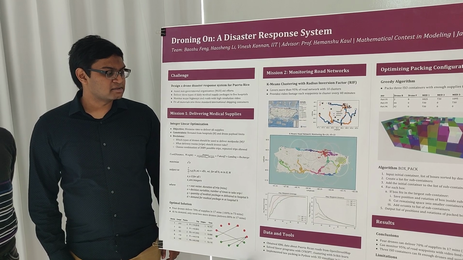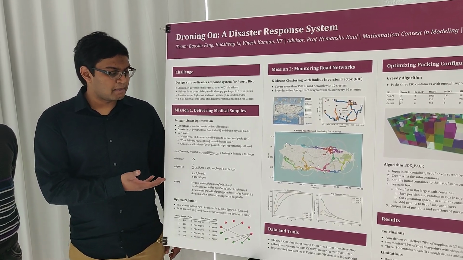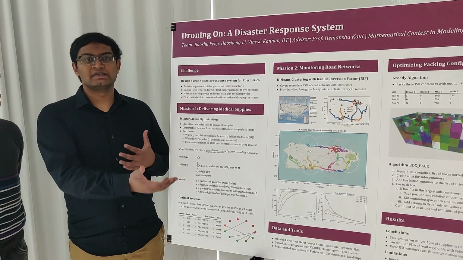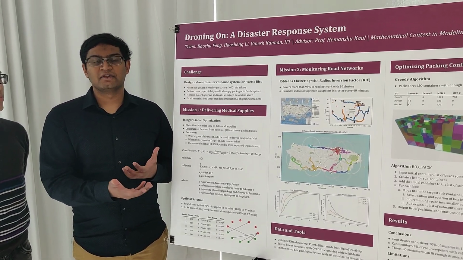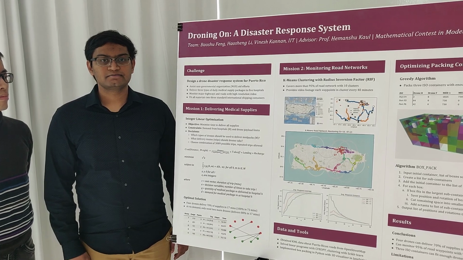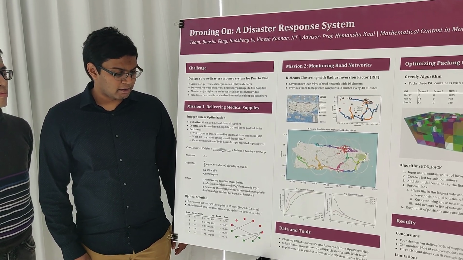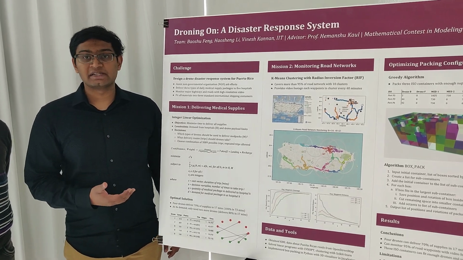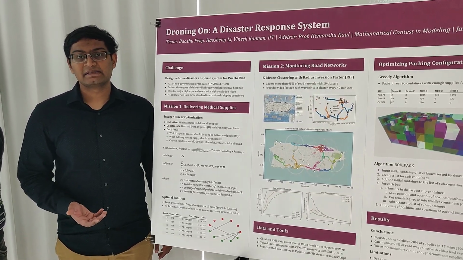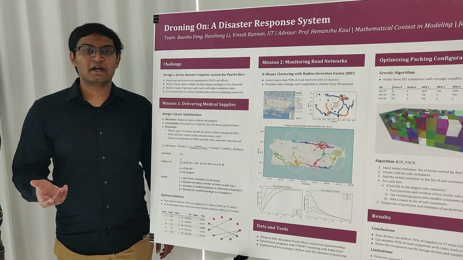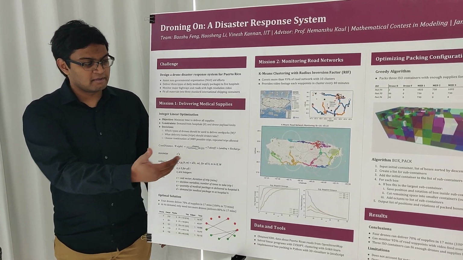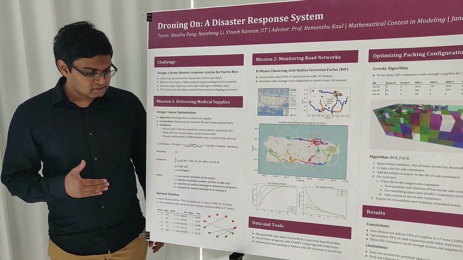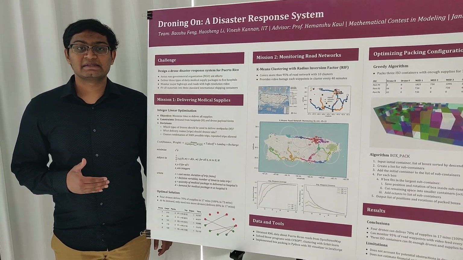The integer linear optimization program had constraints to represent the medical supply requirements of each hospital, and the cost function considered how much time it would take for the drones to deliver the supplies. Based on the solution to our model, we found that we could deliver our supplies to all of the hospitals across the island in 73 minutes. But this was limited by one particular hospital that was very far away from the others. When excluding this hospital, the remaining supplies could be delivered in just 17 minutes.